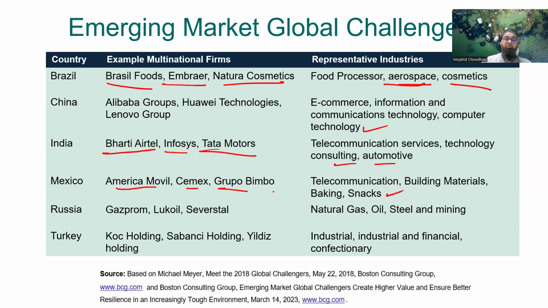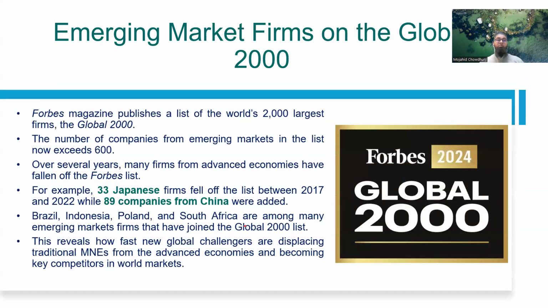Russia mostly depends on natural resources, so their main business is natural gas, oil, steel, and mining. So the companies like Gazprom, Lukoil, Sebastian, these are very important companies for Russia. Likewise, Turkey, their main focus is on the industrial and financial confectionery. So now look at the emerging market firms of the global